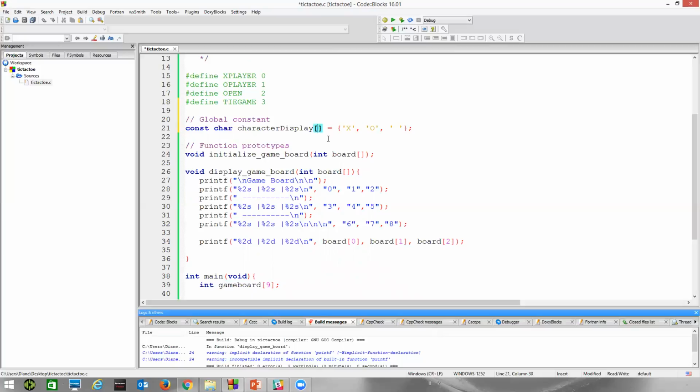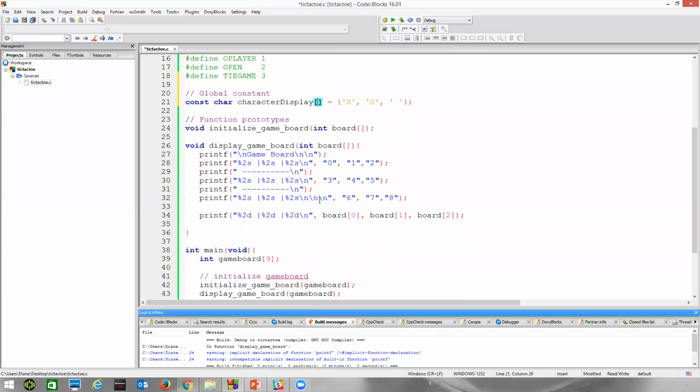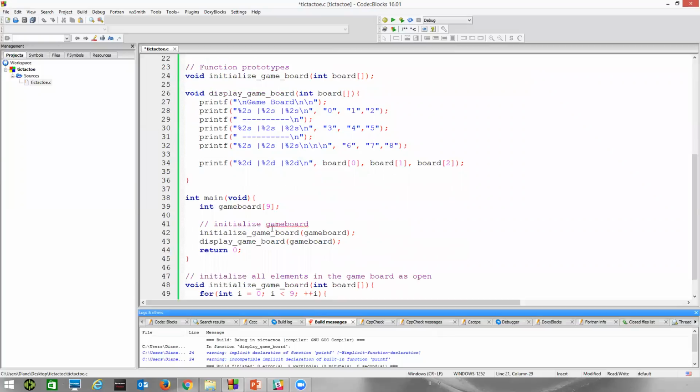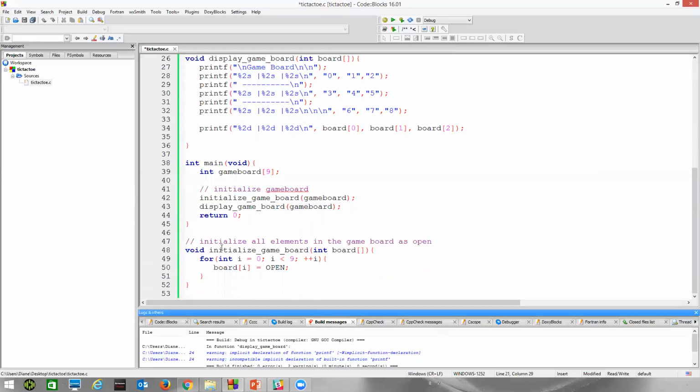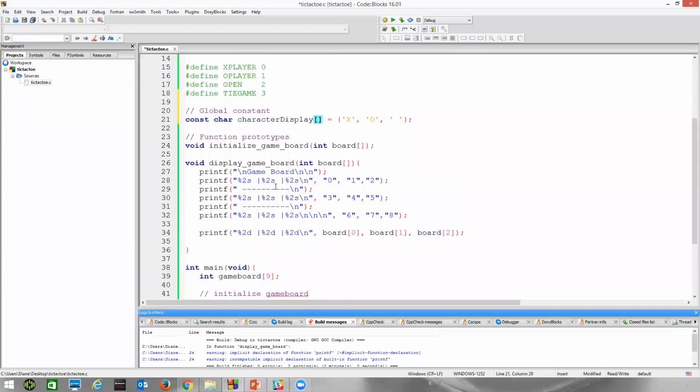Notice I didn't put a size here. I could hard code in the size here. That will make it 3. If you leave this empty, then it's 3 based on the number of items in the initializer list. So there are 3 items in the initializer list. This will have a length of 3. Like I said, if we want to just go ahead and show what's in there,